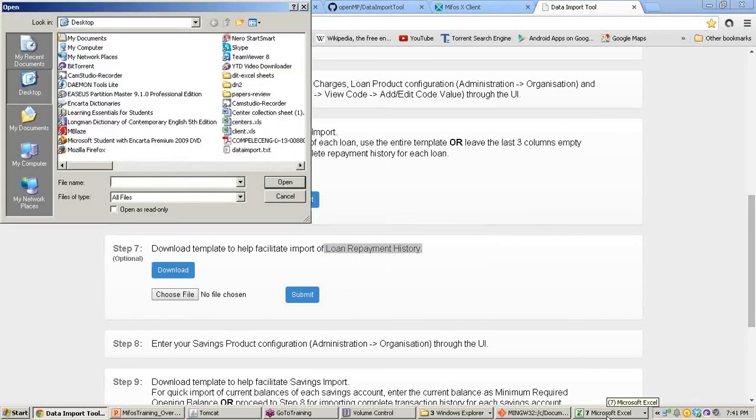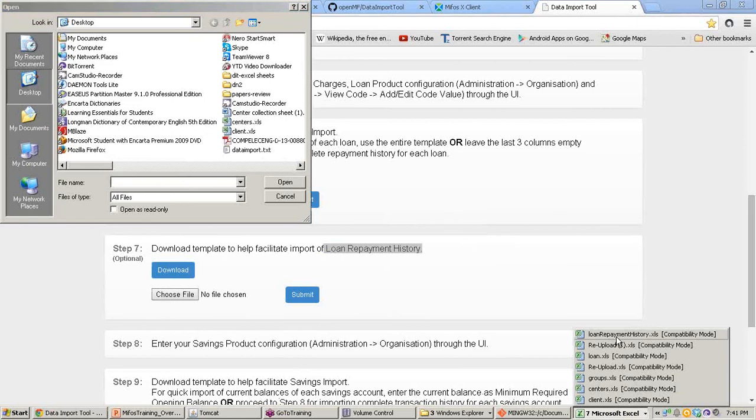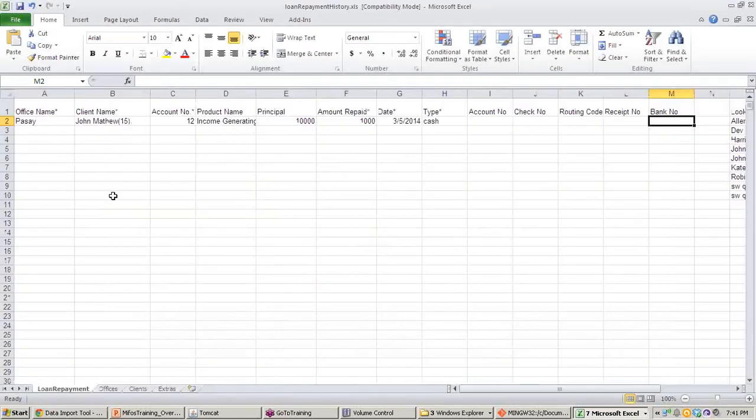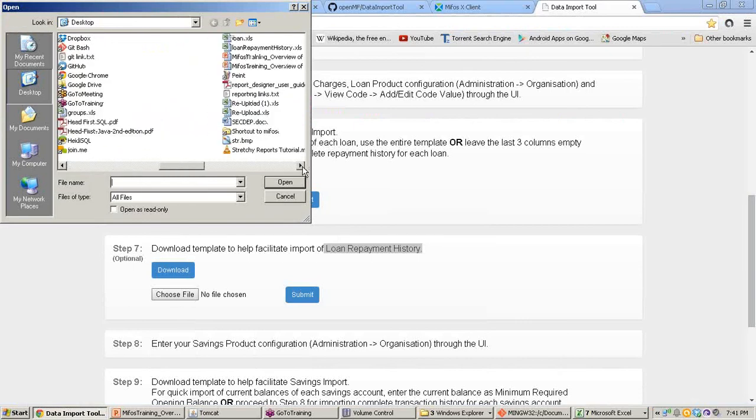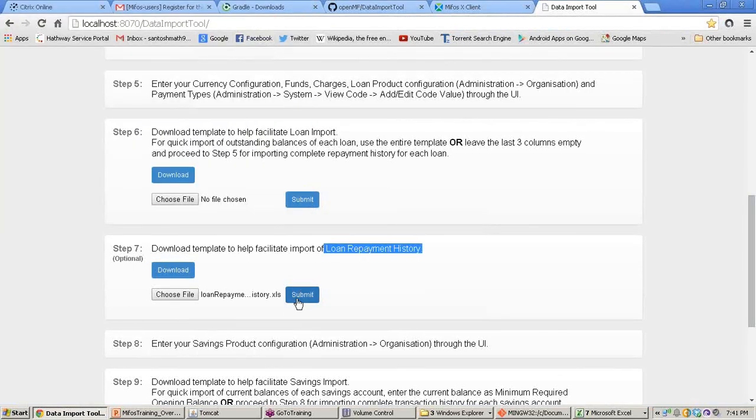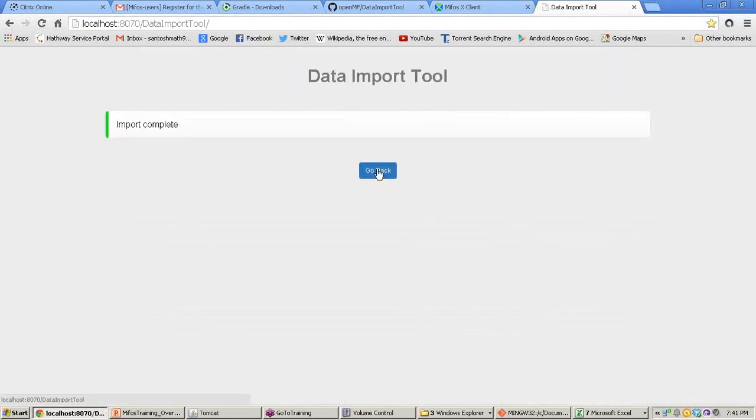Similarly, you can enter any number of repayments for any number of clients here. Here we are taking one example. I have to upload that file and submit. Import is complete. Let's check whether it is reflected.